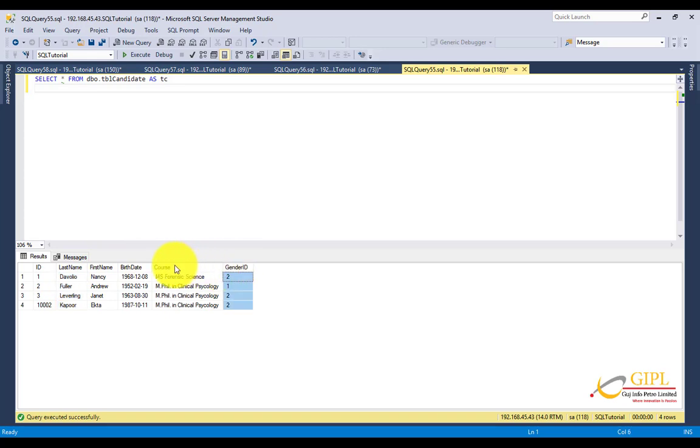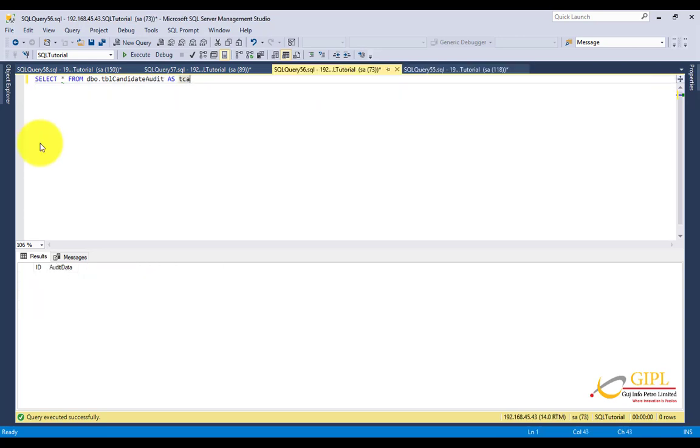Let's say whenever somebody inserts a row into this table, that could be directly using a SQL statement or through an application, I want some audit information to be captured automatically in this TBL candidate audit table. You can see this audit table has got ID and audit data columns.